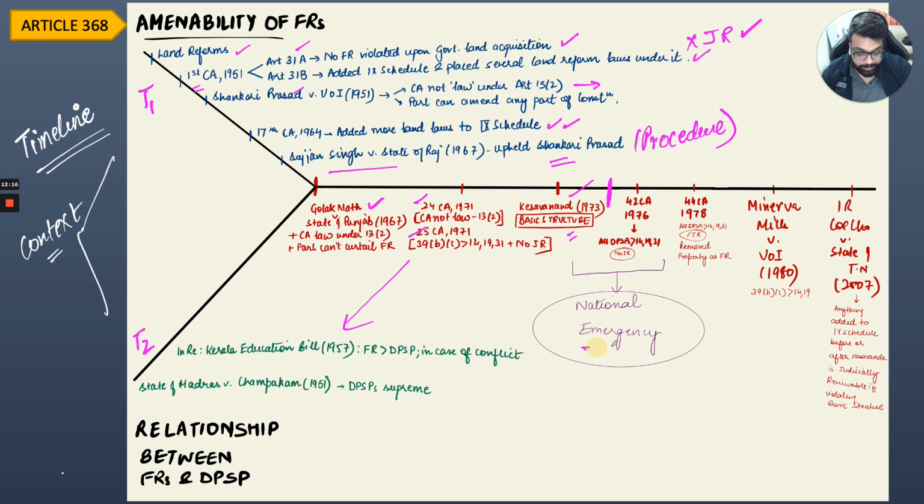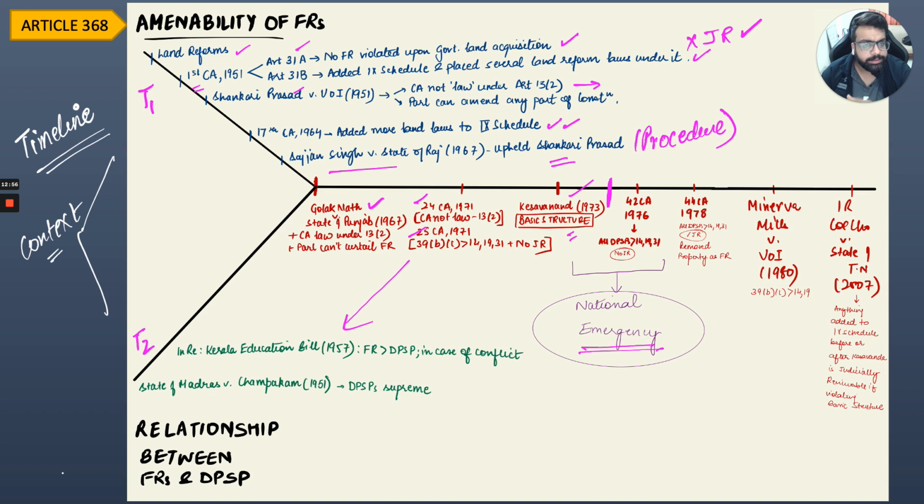And it's around this time that the national emergency was imposed, and it had several implications also. For example, one of the judges who had given a dissenting judgment, who was in line to become the Supreme Court Chief Justice, was not made one. And this is in the Kesavananda Bharati case. As a result, of course, they resigned in protest, and Justice A.N. Ray was made the Chief Justice of India, which, of course, snowballed into a massive upsetting phenomenon. And since then, we've had almost a rule of sorts, but in the form of a convention, that the senior-most judge of the Supreme Court is always going to become the Chief Justice of India.